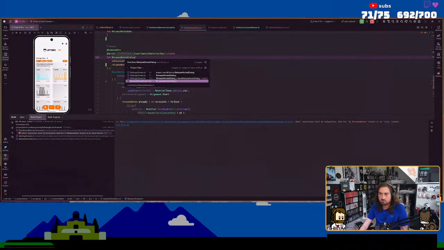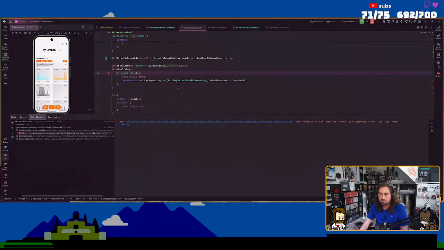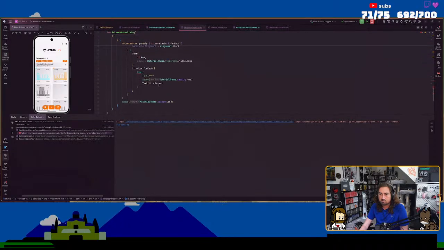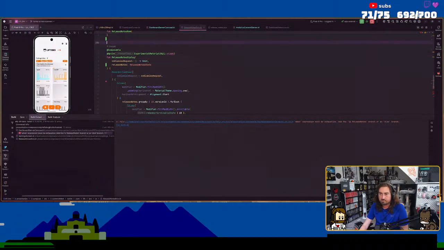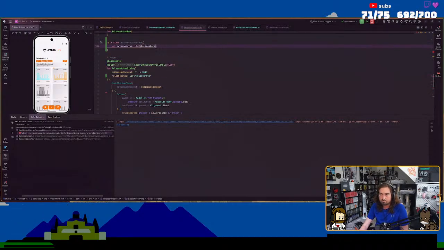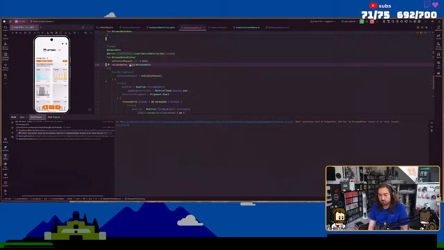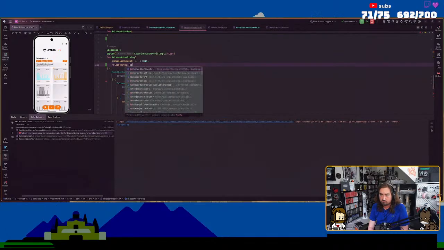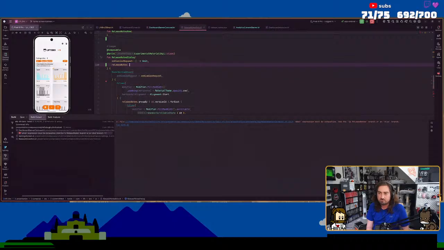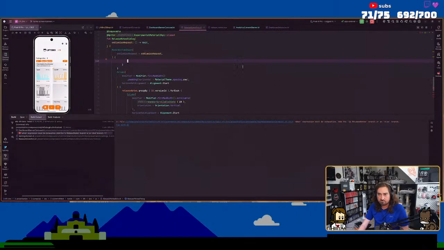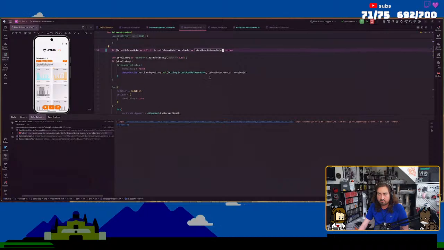Where does this get called? Okay, so all right, yeah. I'm gonna undo this dialogue stuff because I don't actually need to make this change right now.